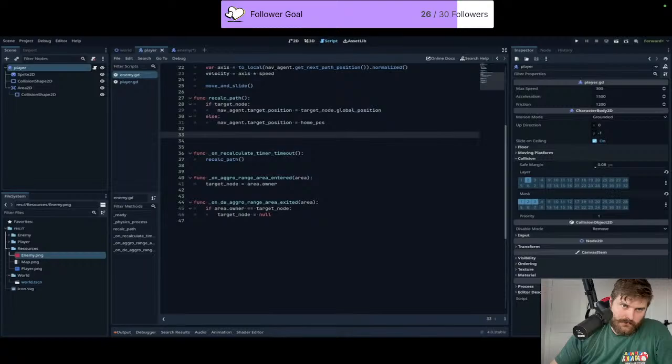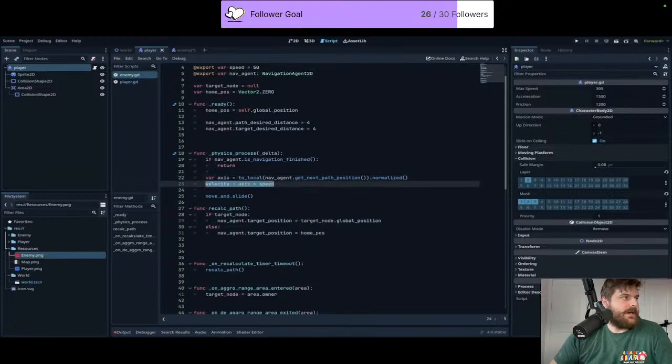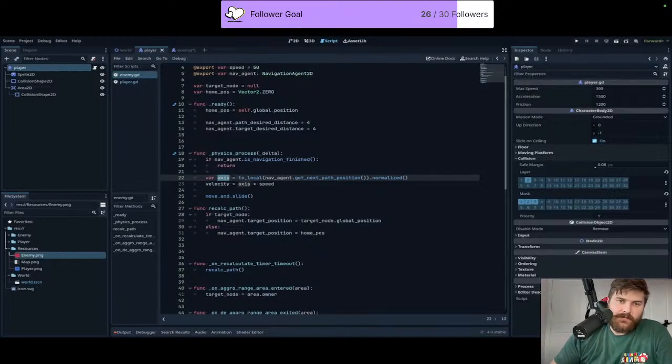Also, I did want to mention that if you wanted to animate your enemies, you could just set up a basic blend space 2D, and then all you'd have to do is use this axis variable, which would be the direction that your enemy is moving, and then you can link this axis directly to the blend space and animate them accordingly. I'm not going to go into depth with that in this video. Yeah, we can figure that out later. It's out of the scope of this tutorial. If you do want to learn how to set up a blend space for animations, I'll